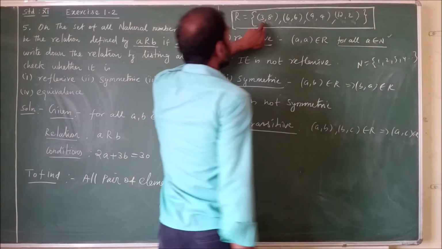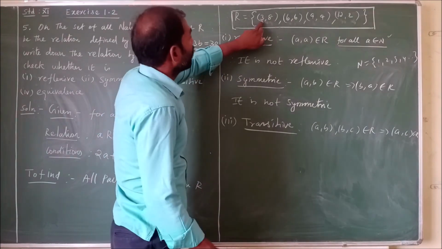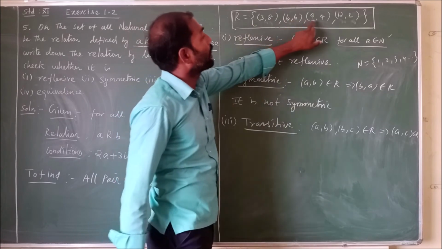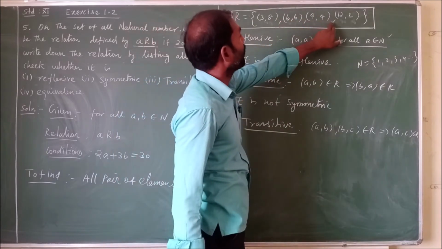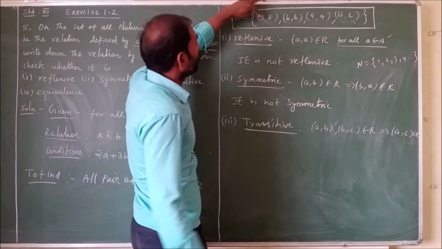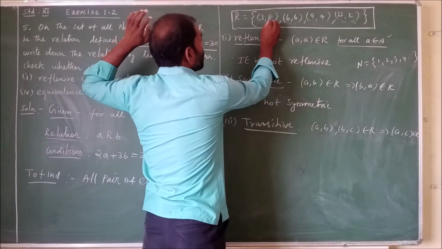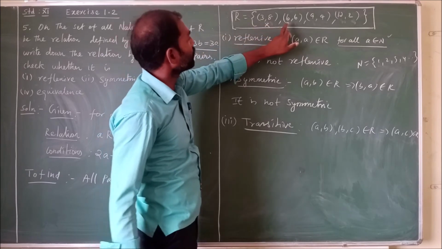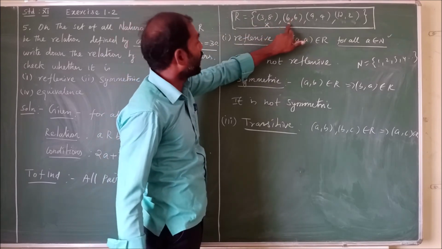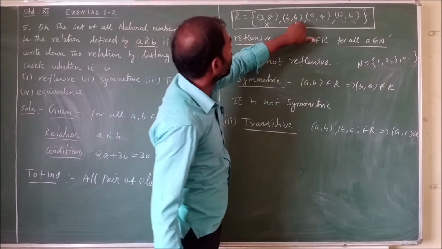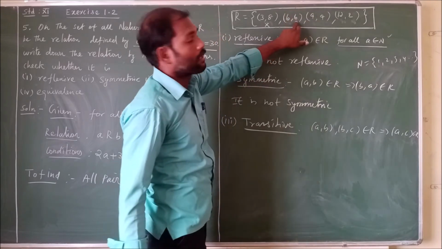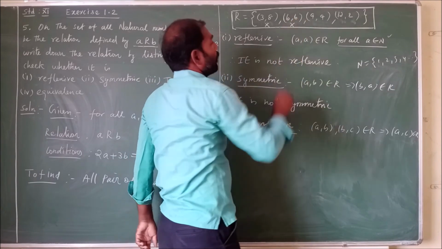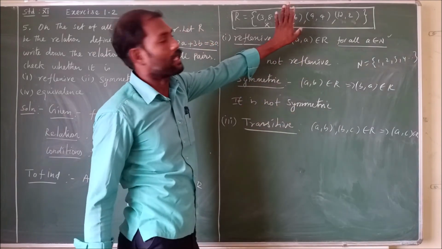Here (3, 8) is our (A, B). Another pair must start with 8, but no pair starting with 8 is in R. So (3, 8) does not satisfy this condition. Next, (6, 6) is (A, B), and again we need a pair starting with 6, (C). (A, B), (B, C) not satisfied.